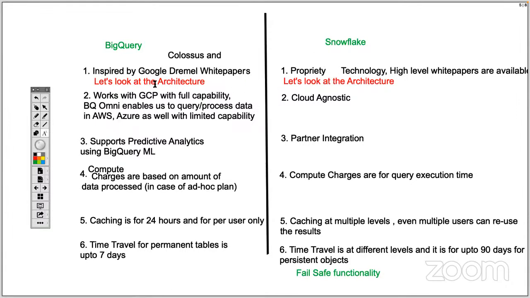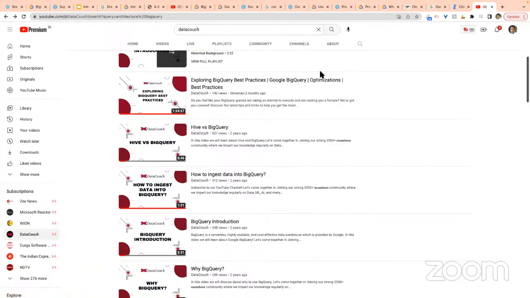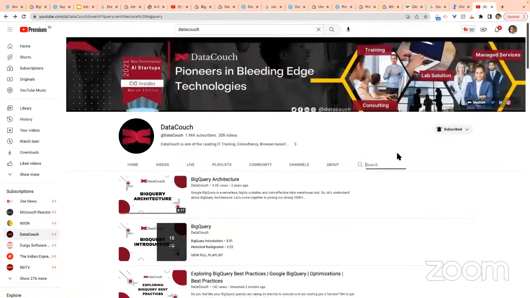Now we want to see the architecture. It's important to understand the architecture of Snowflake and BigQuery. So if you look at the BigQuery architecture, it's already there. So you can take a look, and if I go back, this is fine. Like this is storage, this is compute, and this is the petabit network which we have, and then this is Jupiter network. And when you look at the Snowflake architecture,